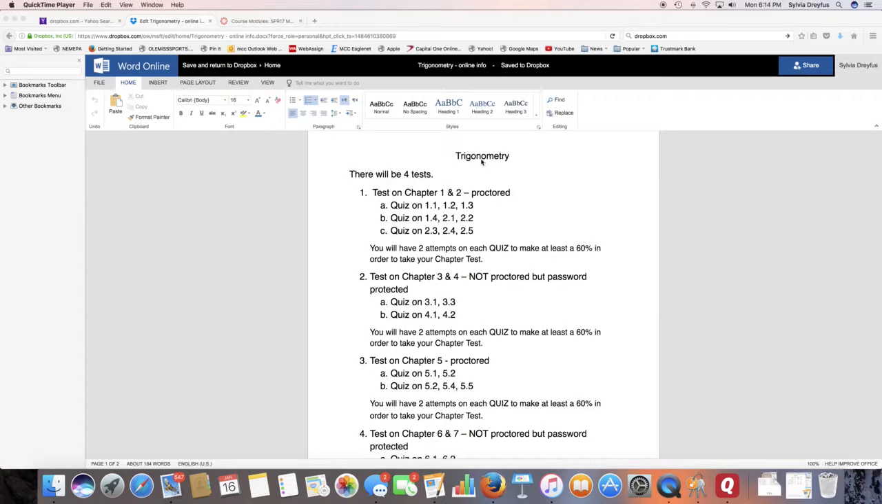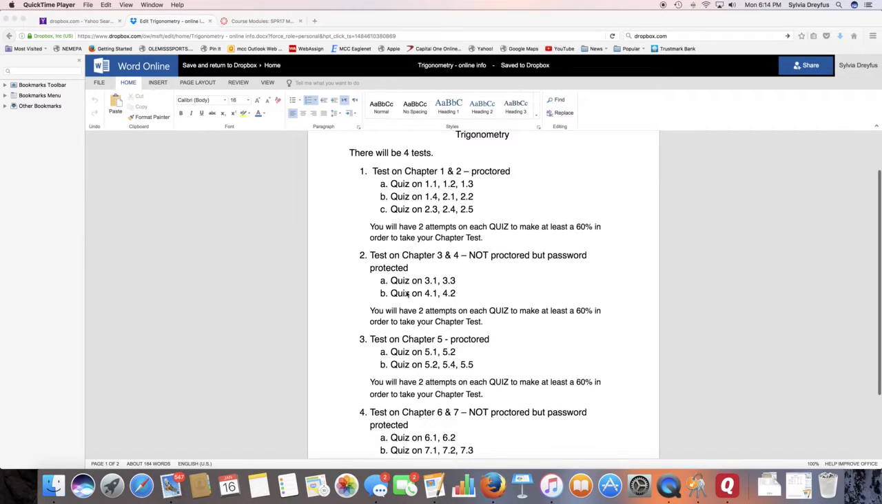Here's another list of what you're going to have to do this semester in trig. You're going to have 4 chapter tests. 2 are proctored tests and 2 are not proctored. Even those that are not proctored are going to be password protected. The passwords are going to be listed in the module section where it describes what you need to know about